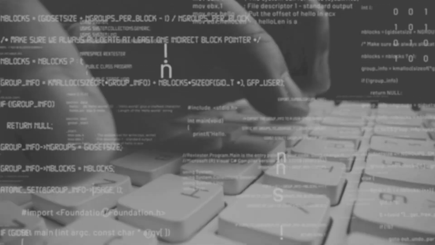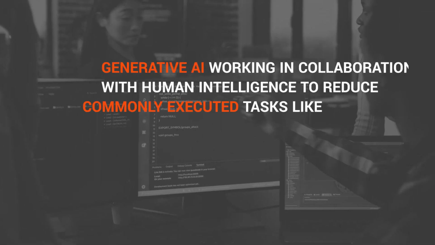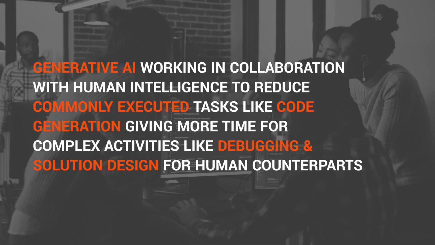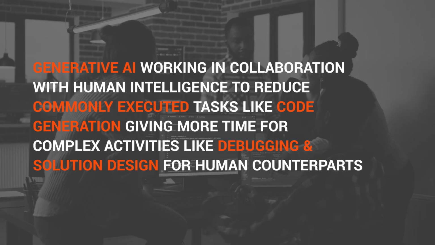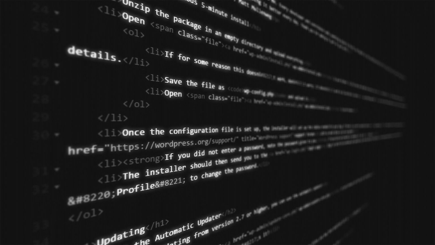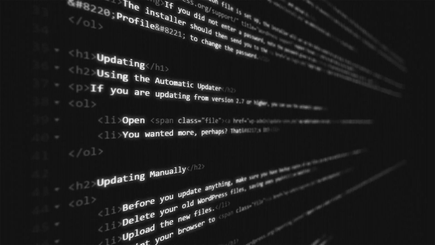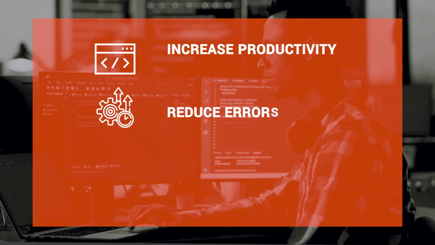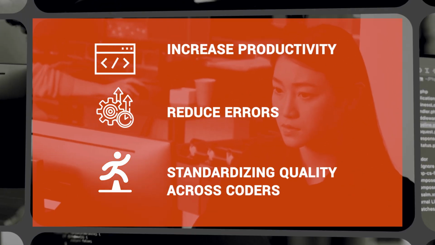One of the most exciting use cases for generative AI is for code generation, where the AI is used to interpret language instructions, understand the context, and convert it into code for a variety of different tasks. This capability allows the AI to generate samples of code that can be reviewed and incorporated into commonly executed coding tasks. This capability, if used correctly, allows developers to increase productivity, reduce errors, and standardize quality over a vast number